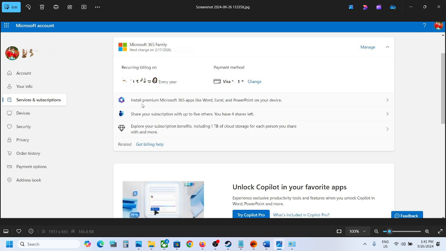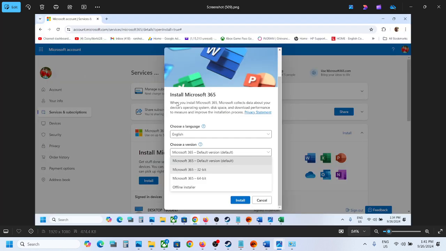Now over here you will see an option which says install premium Microsoft 365. So you will see the install option, so hit install, click on it. Now once you click on install you will see this pop-up, and here you can select a language, and from